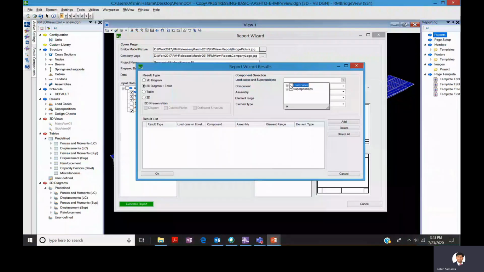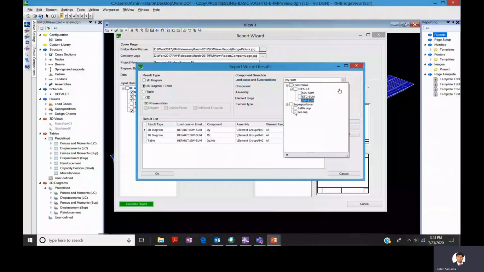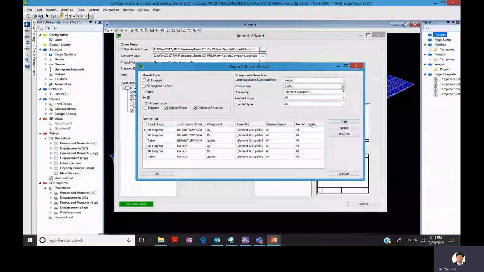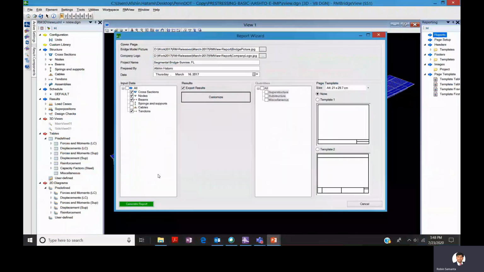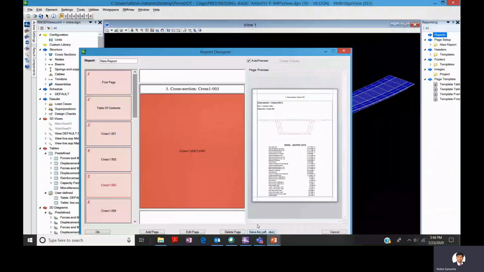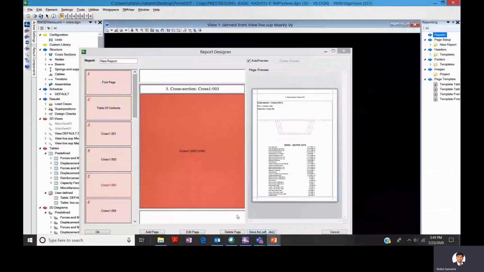Now what we are doing here is selecting the desired components we want to show in the report, right? So you select those components from this table and add them, and once you're done with your desired results, you can choose the generate report option. Once you generate the report, you can see that you are creating an easy report with a certain template, right? And here you see how nice a report has been created through RMV.